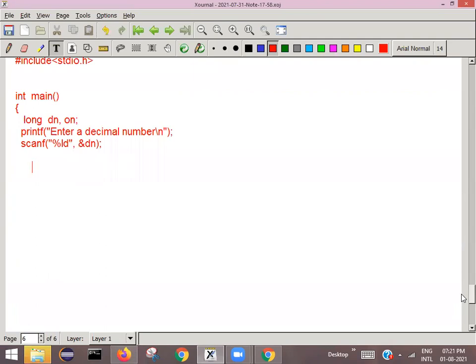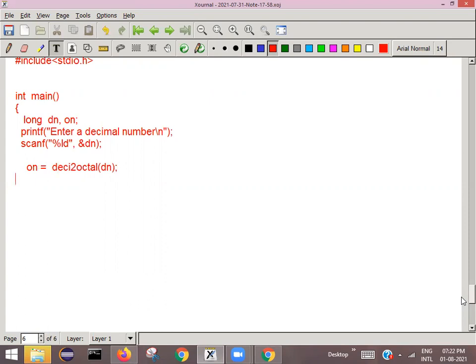Okay, right. So then what we do? We call the function. What is the function name this time? Deci to octal. You can use even small letters here, no problem. Deci to octal and pass decimal number as argument. What it will do? It converts into octal number and returns that one. You catch that in a variable called octal number ON.